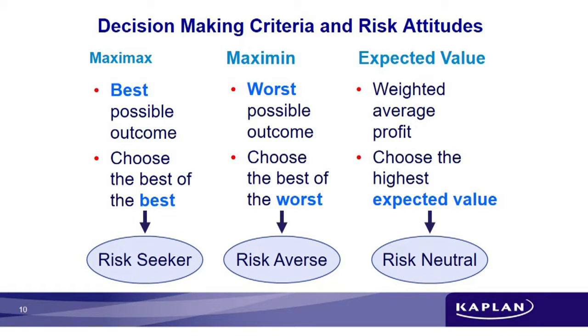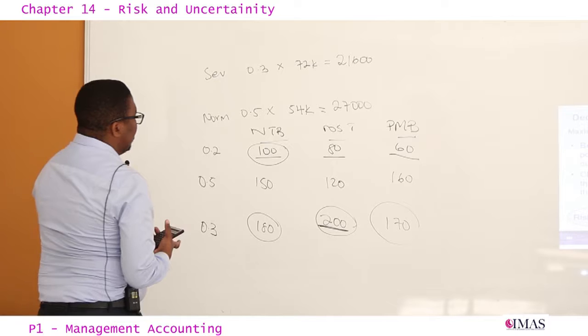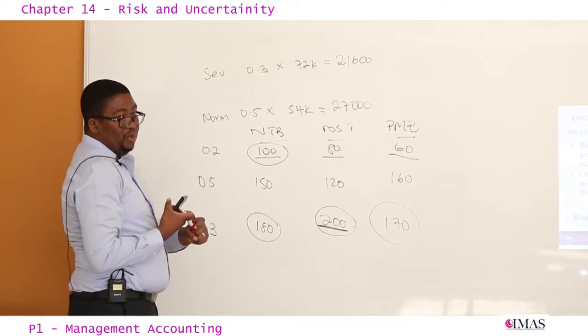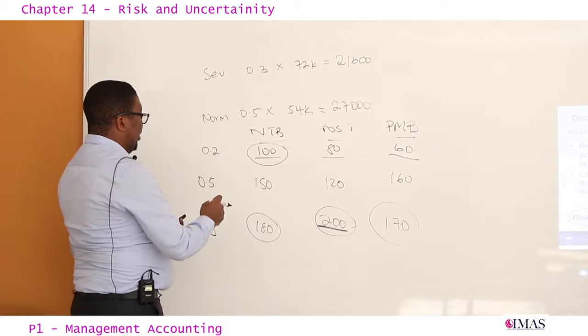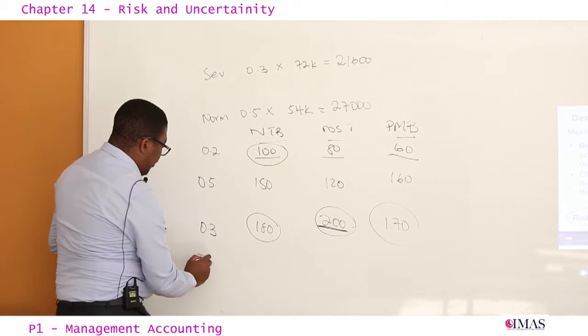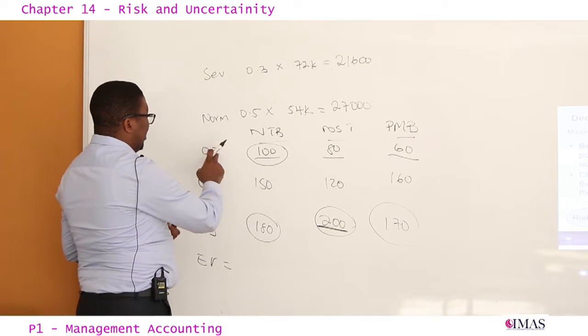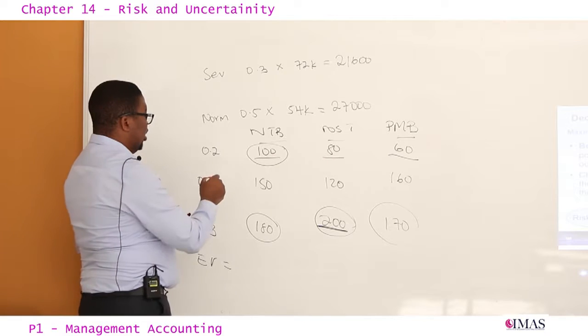Therefore, the expected value person is known as risk neutral. He chooses the highest expected value. Now if we come back to this example of ours, on the Witbank scenario, we're saying what will be the expected value in Witbank? Your expected value is going to be 100 multiplied by 20%, which gives us